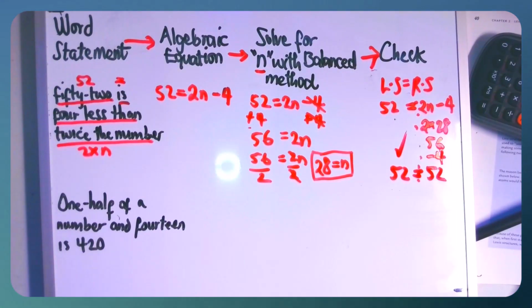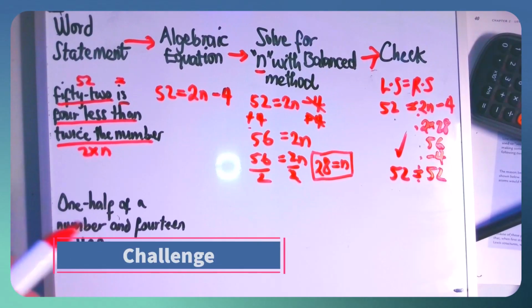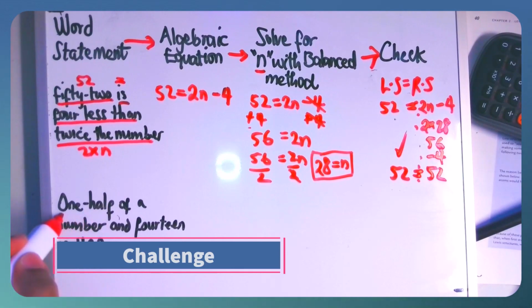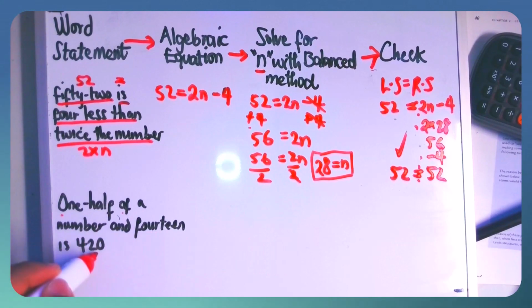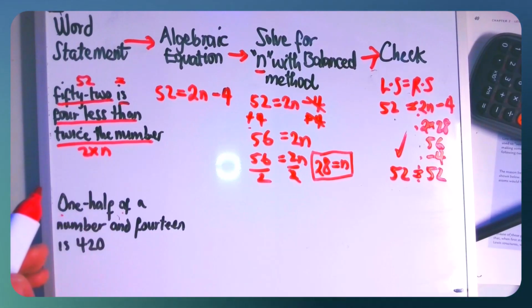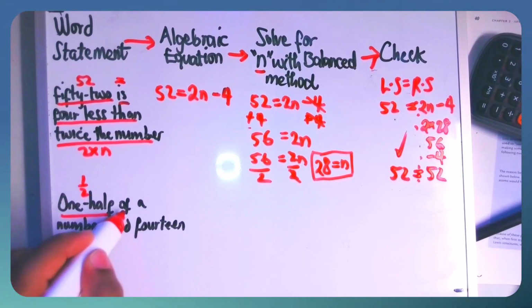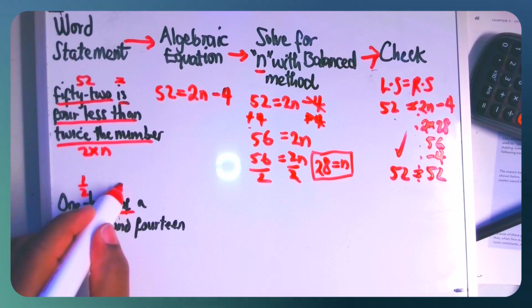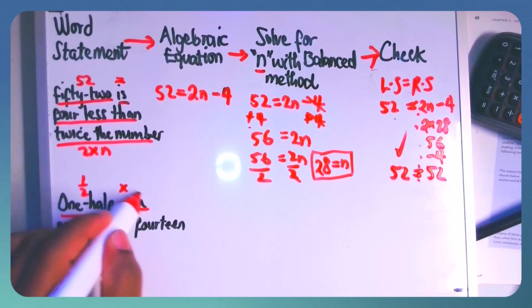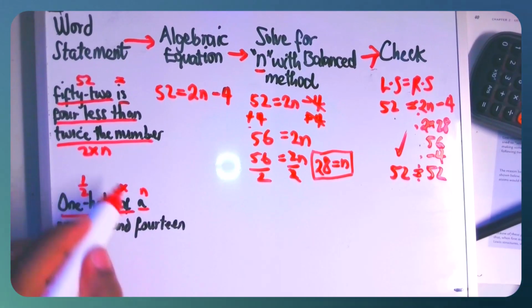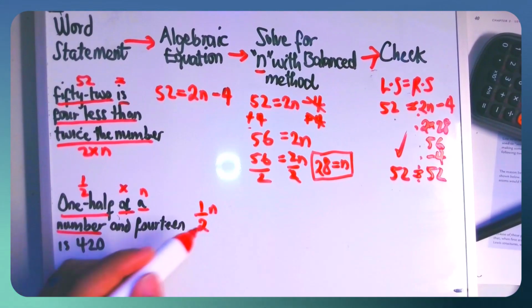Awesome. And then the final question here is a little bit tricky, but you should be fine, because here we're dealing now with fractions. It says that 1/2 of a number and 14 is 420. So right off the bat, we know that 1/2 is written as 1/2, and this here "of," remember, is the same thing as saying times. A number in this case is represented as a variable n. So therefore this here is the same thing as 1/2 times n,